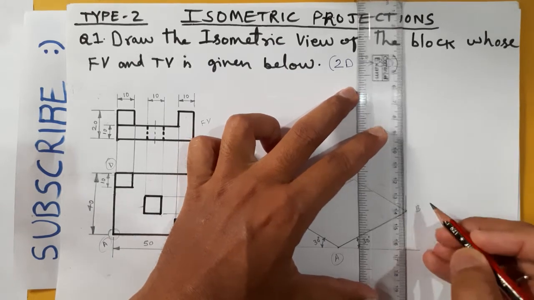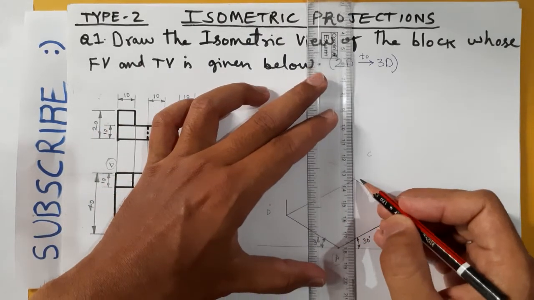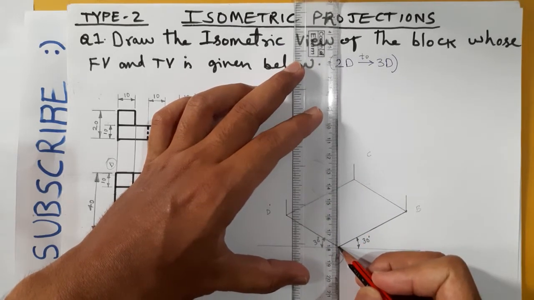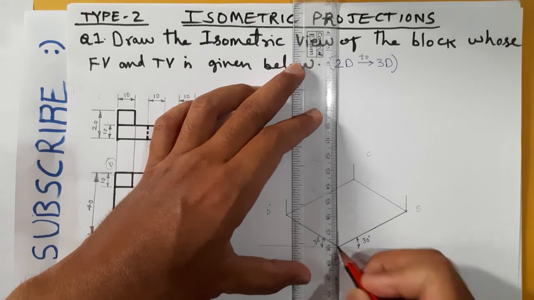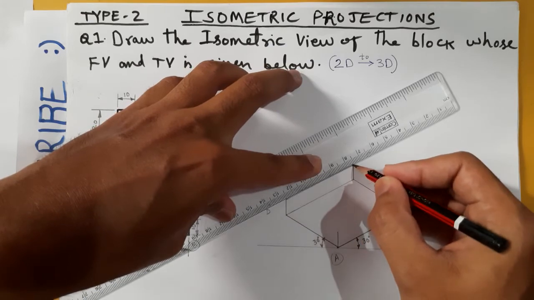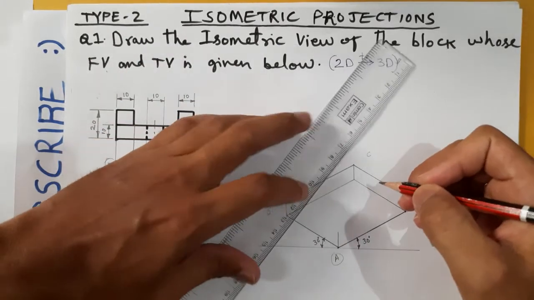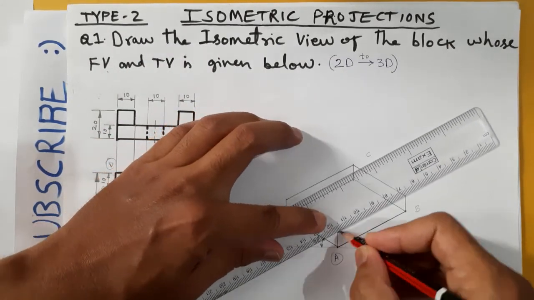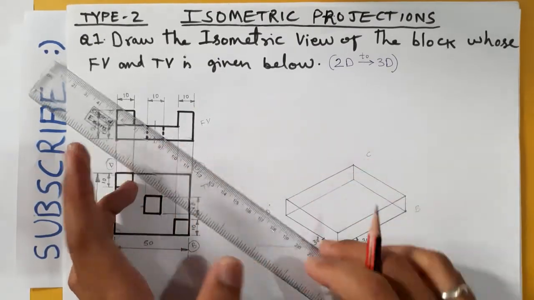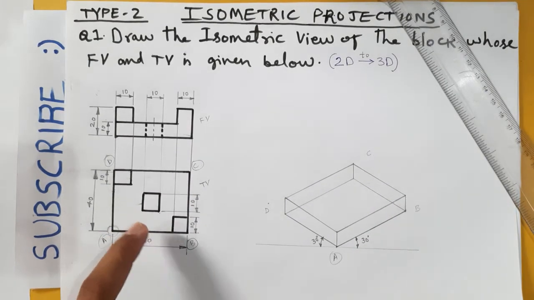So far all lines we are drawing are thin only, because at the end of the problem, whatever lines are visible to us, only those lines we will make dark. As of now we don't know what should be dark and what should be light, so we will simply draw all thin lines. Thin lines look a little thinner, but to make them visible to you I am making them a little darker. So this is the block we have constructed, the lower portion.